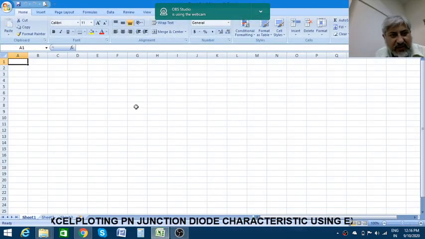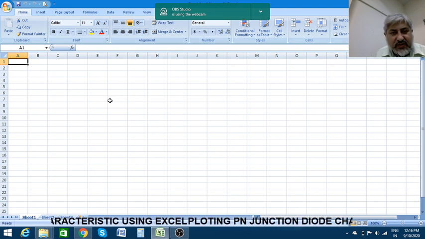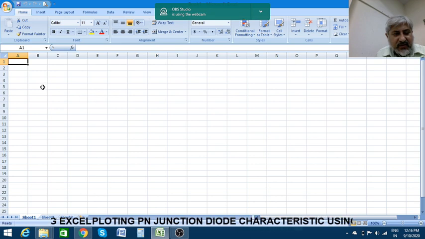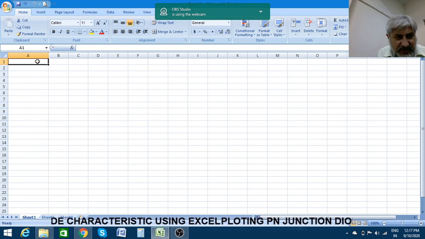Hello student, today we will learn how to plot a diode characteristic using Excel. First of all, we will enter the data which we have taken during the experiment. The first column of the Excel sheet will be the voltage